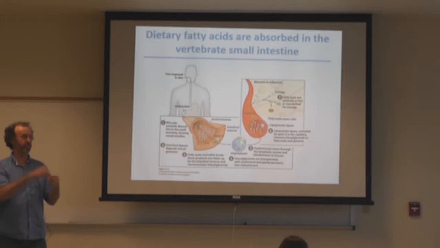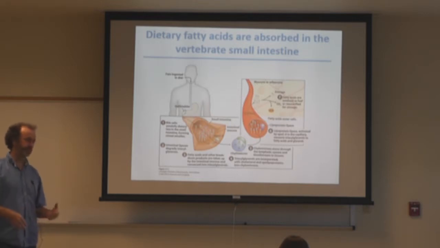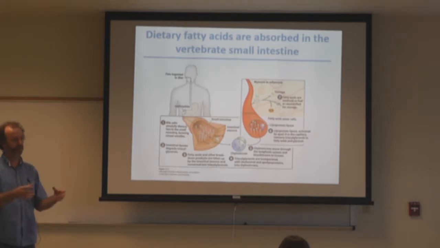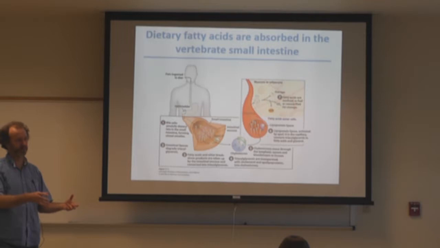Digestive lipases will break them down into single free fatty acids and mono and diacylglycerols, and then they'll be absorbed by your intestine cells. And then your intestinal epithelial cells will put them back together as triglycerides and cholesterol esters, and package them into